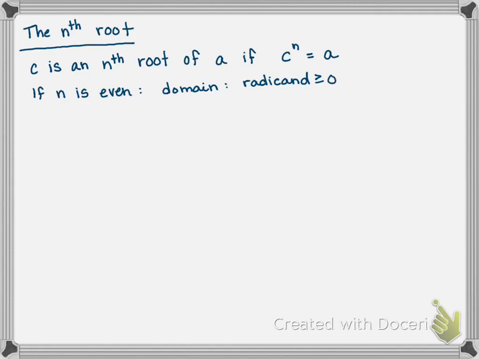Again, all of the stuff I'm about to say about even roots follows from exactly the same thing we did with the square root, right? The square root has index 2, and so it's got an even n. And then every positive number has 2 square roots. Which means that, again, we have to make that definition of the radical symbol to represent the principal square root. So the principal